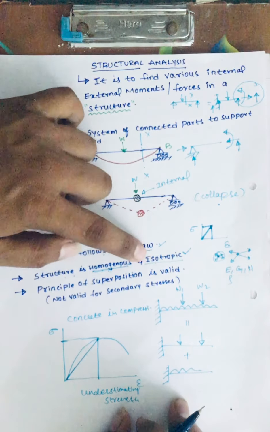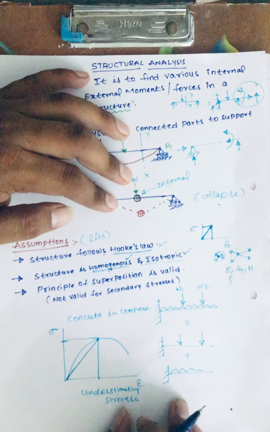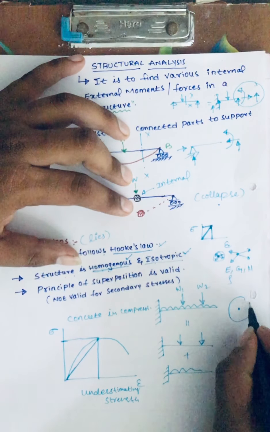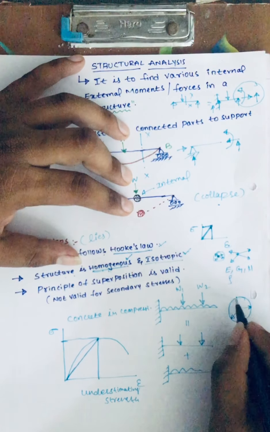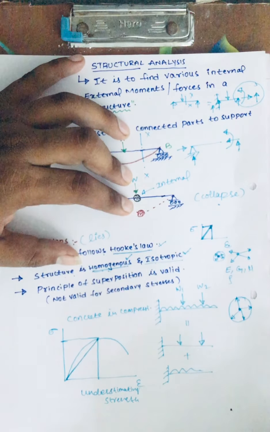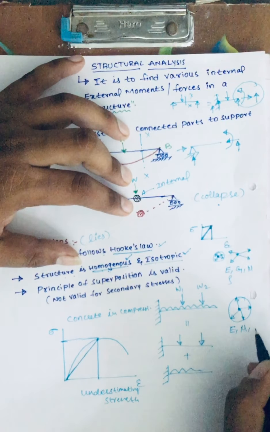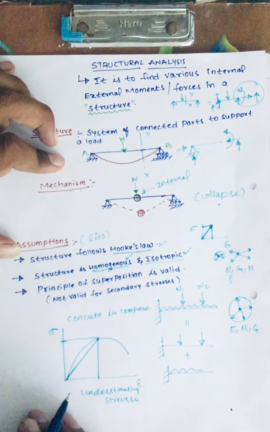And the second condition is isotropic. Isotropic means it is not a function of direction. So all the physical quantities from a point should pass in the same direction. But if you take concrete and steel, we are using different types of materials. Their Young's modulus, Poisson's ratio, shear modulus, they all are different. So those physical quantities are different. Again, this is an assumption.